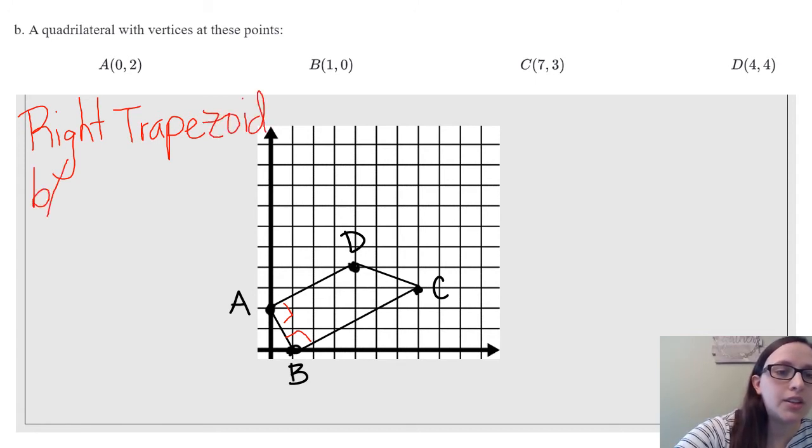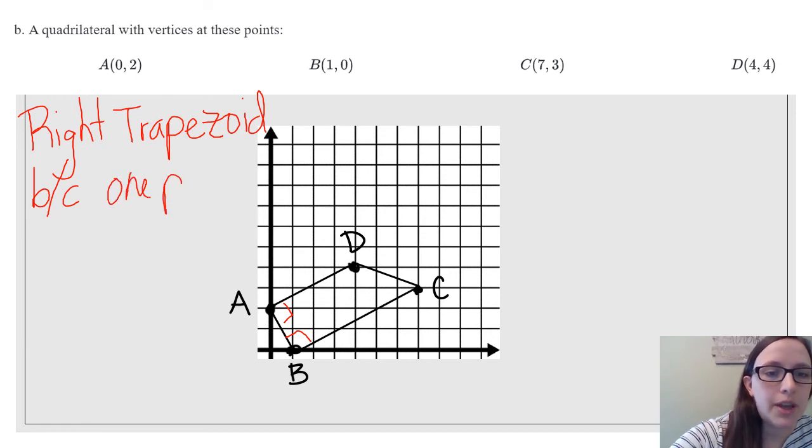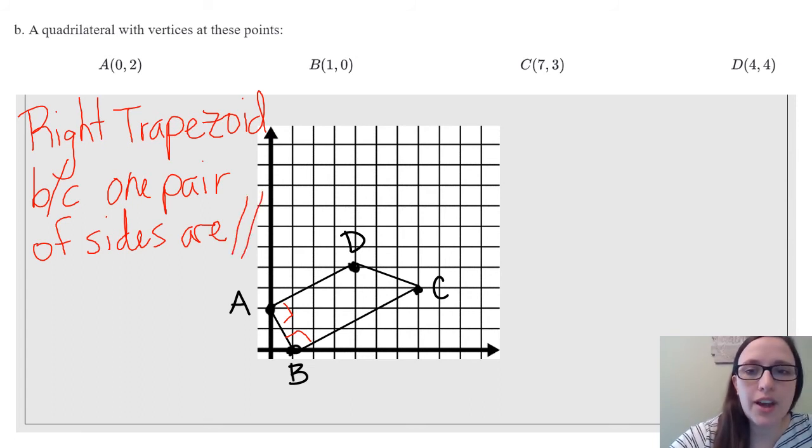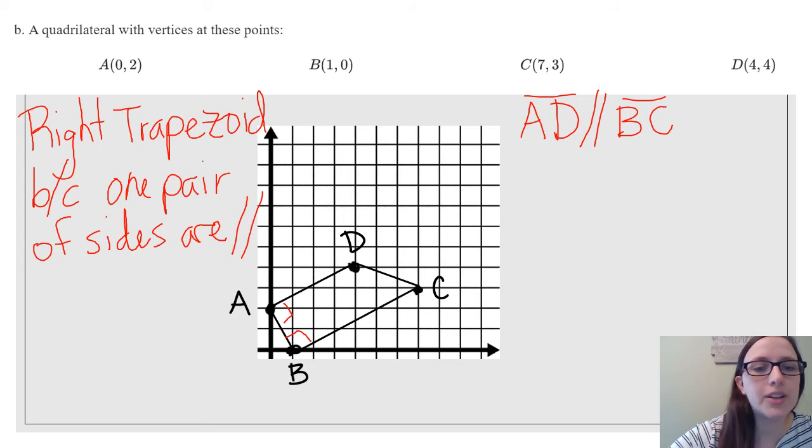And then, because the definition of a trapezoid is that one pair of sides are parallel, I'm going to prove that AD is parallel to BC. Those are the two sides I'm going to prove that are parallel. And then also angle A and angle B are right angles. So I'm going to add an "and"